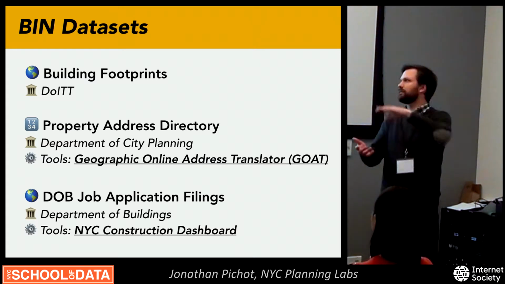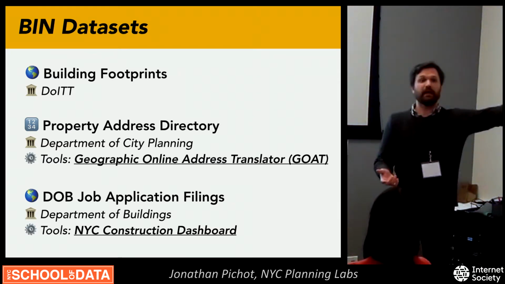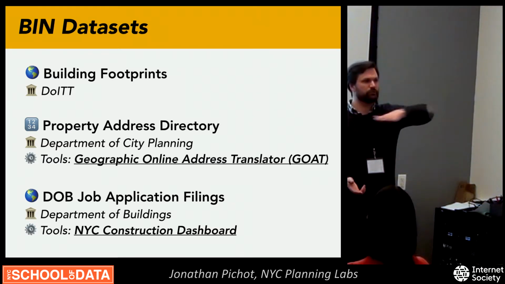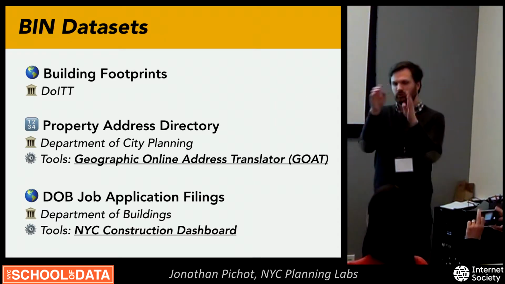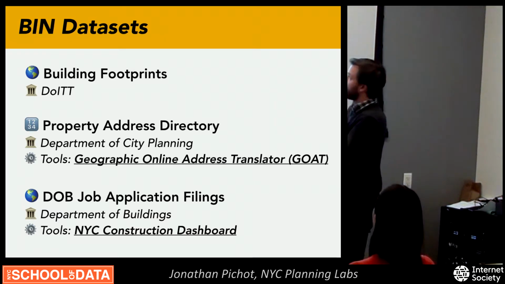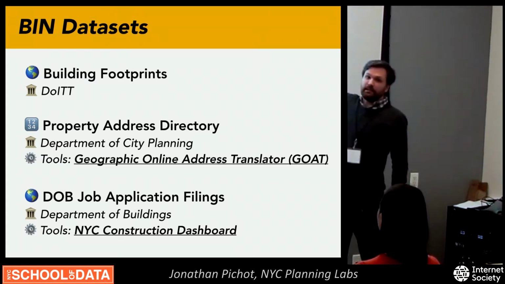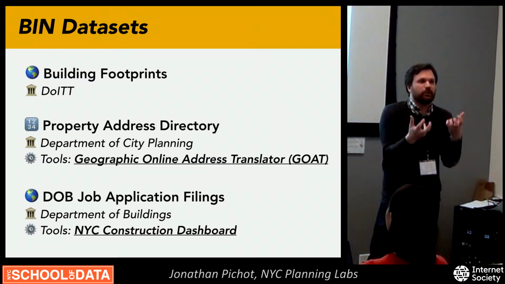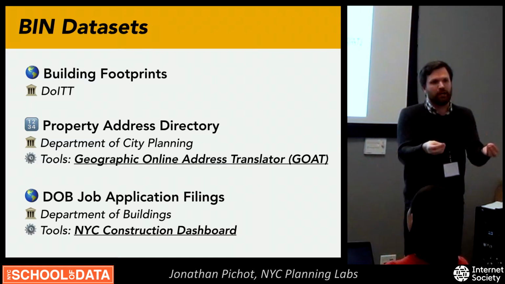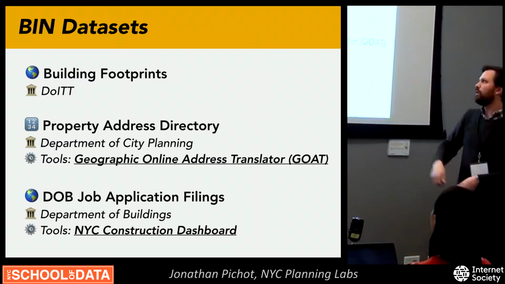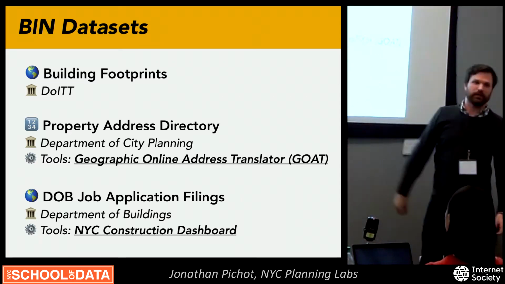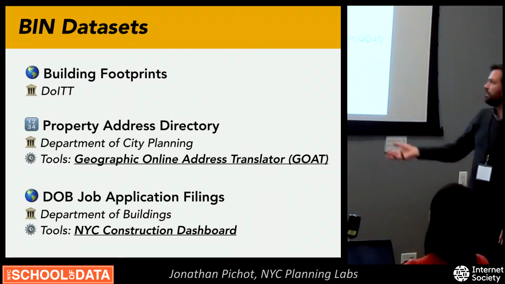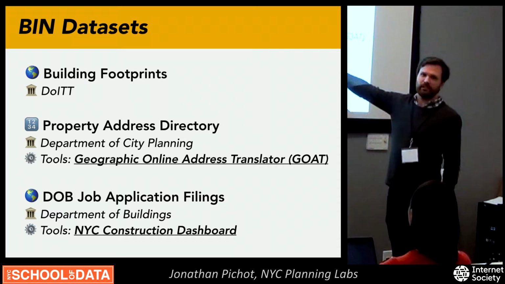Every 2 years. However you say that. Scan, like a high definition photographic scan of the city, and we highlight, sort of draw the building footprints from that. The BINs, when they are considered a real building, meaning they have an address, they've been built, they're good to go, they're added into what's called PAD, the Property Address Directory, by New York City City Planning, and that's when they end up in New York City's